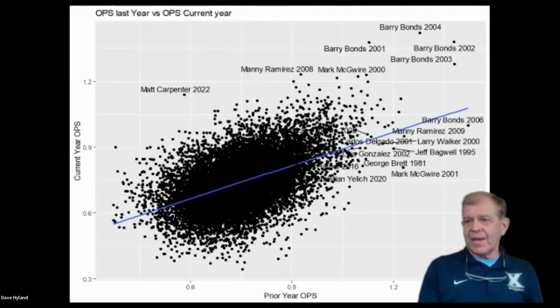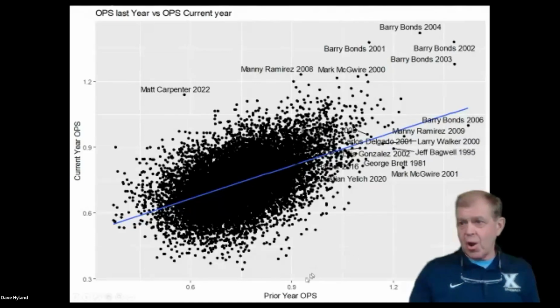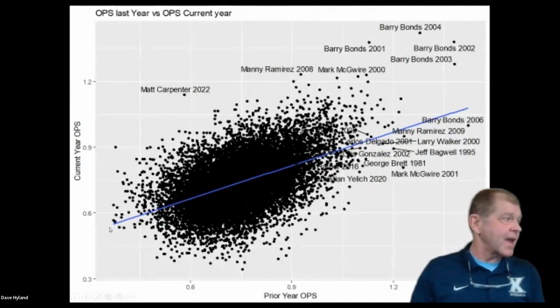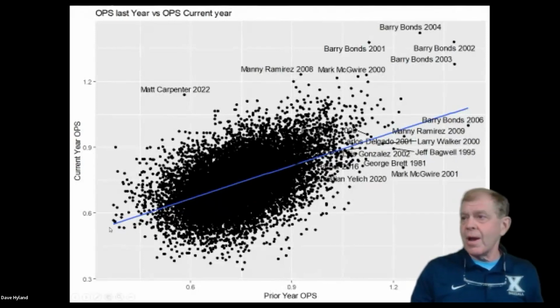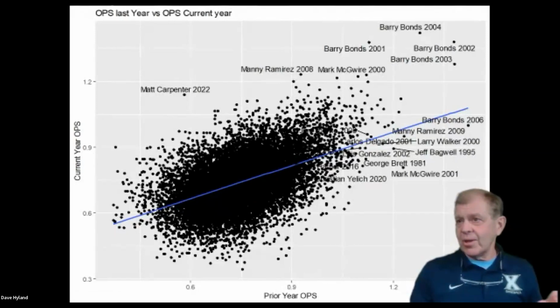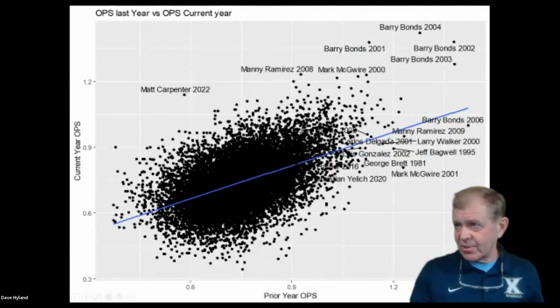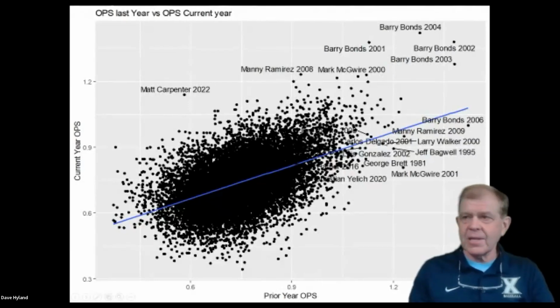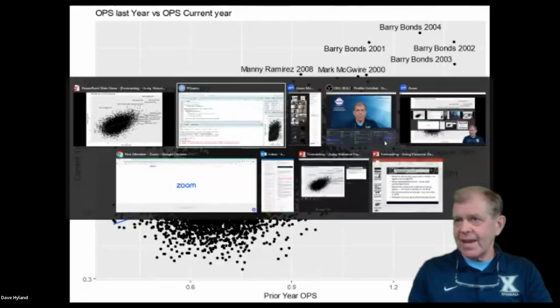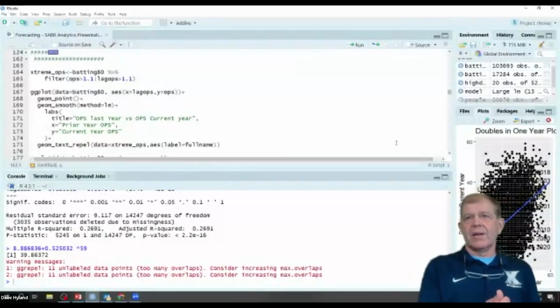So if we just do the same thing and take prior year OPS to try to predict current year OPS, here's our relationship. We're going to start out with this simple linear regression, and then we're going to start adding variables to do multiple regression. So we look at some of the names on here. It looks like one of the areas is pretty well represented, more than others. But let's go back and let's start coding here.